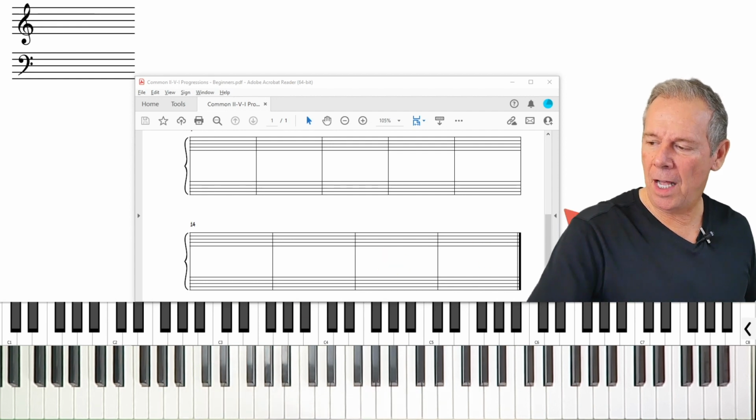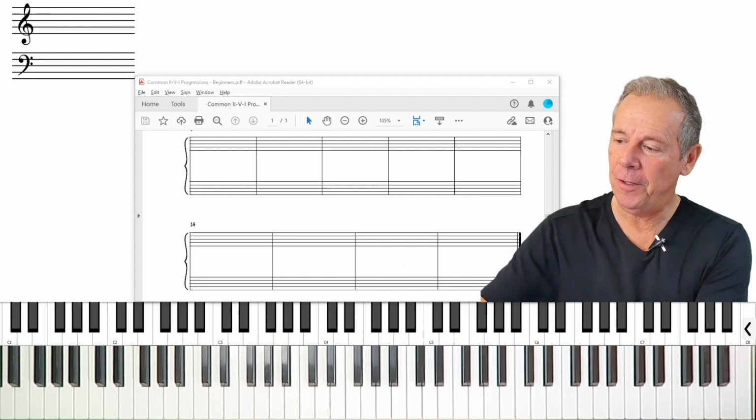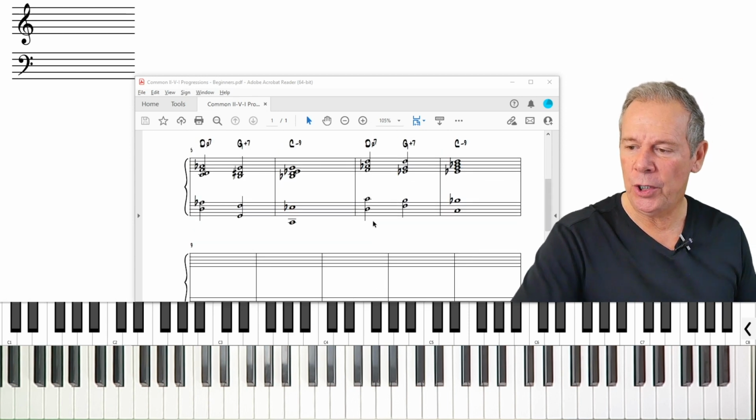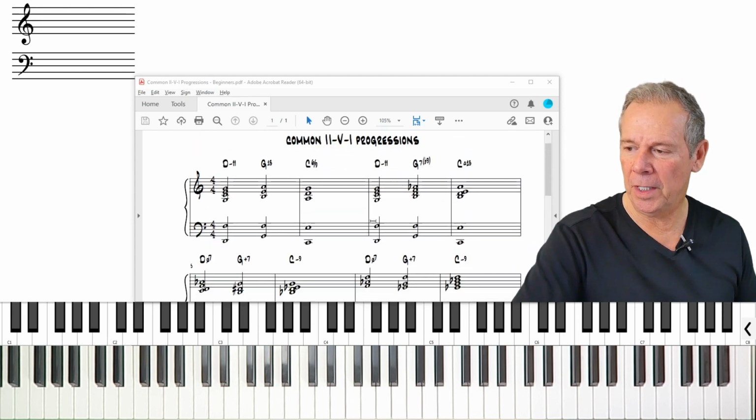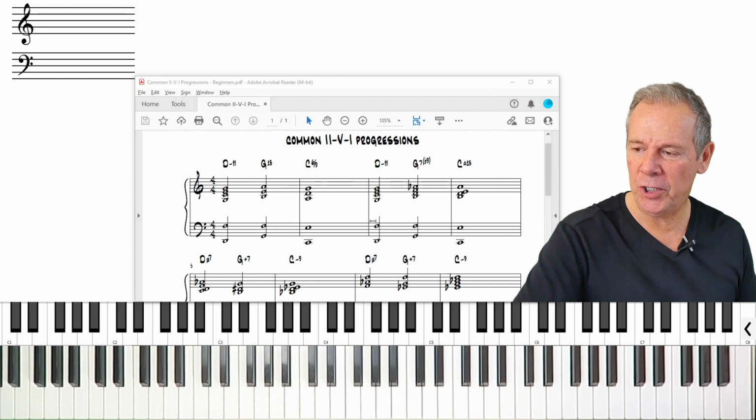Therefore, what I've done is written out a few common progressions using this formula, using the extensions that we've talked